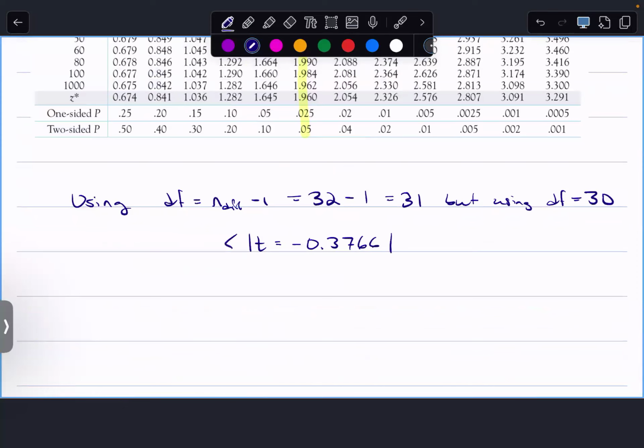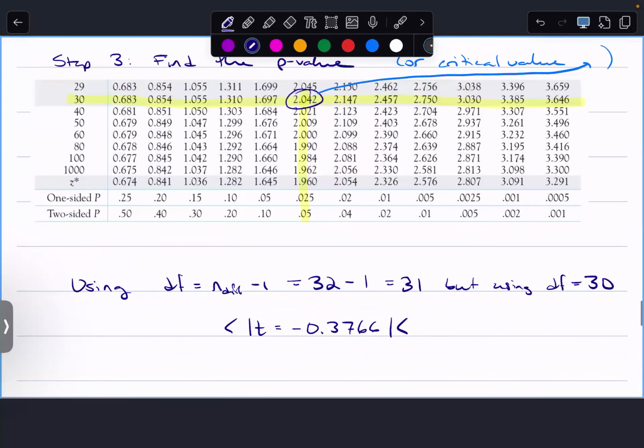And I find that the absolute value of t equal to negative 0.3766 is between here and here. On the upper end, I have 0.683. On the lower end, I have 0. Right? 0 is always the center for t. I have a two-sided test, which means that my two-sided p is somewhere between